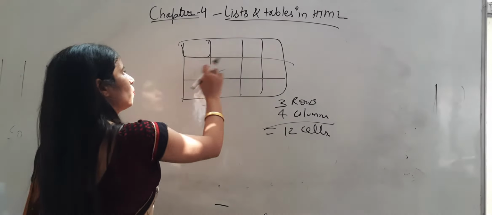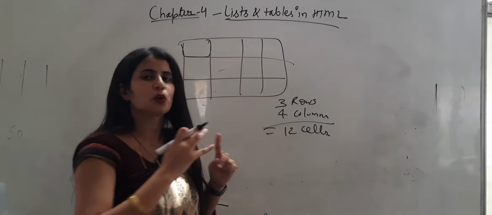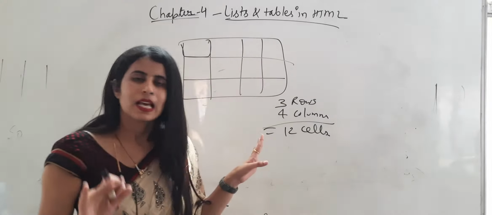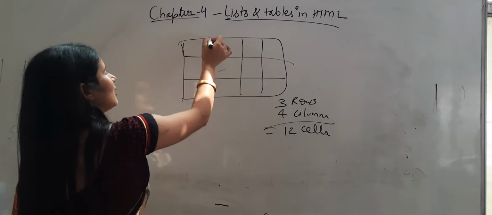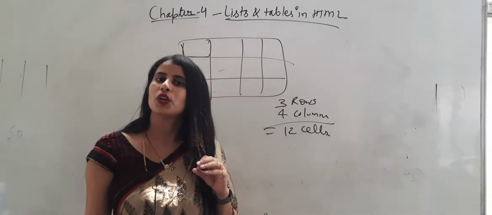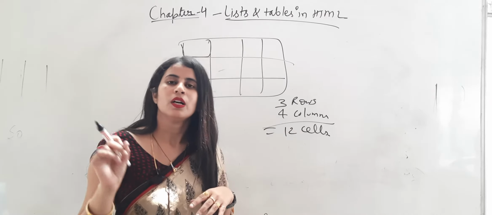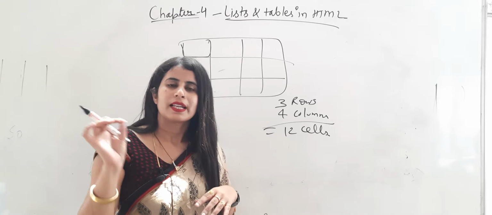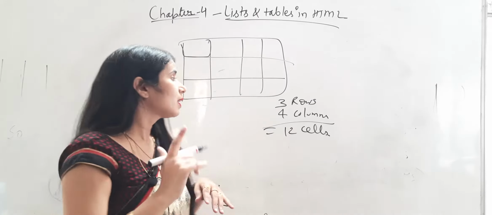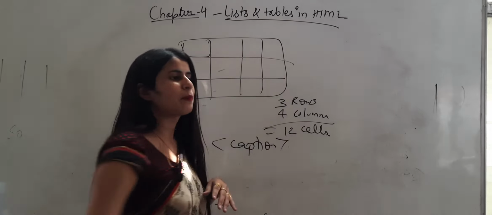These are the rectangular cells in a table. These are 12. How can we find it? We multiply the row number by the column number, then we get the cell number. So here these are the cells. Now normally when we draw a table, we keep a heading for the table. Suppose this table is related to the attendance of students on 3 specific dates. So the title we define by which tag? The title we define by the caption tag.